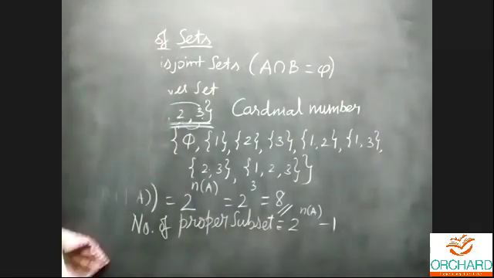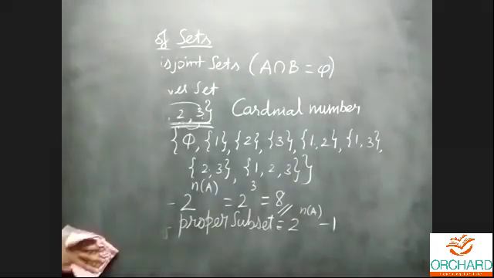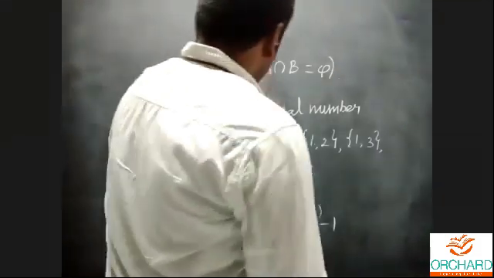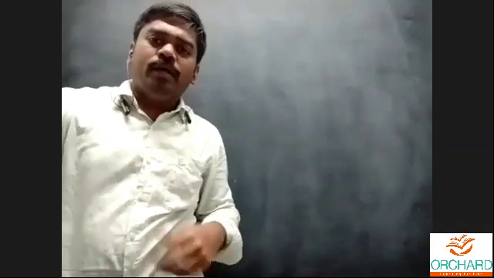The cardinal number of the set means how many elements are in set A. Here they denote the set as A, that's why we call it the set A. For any other set, you will use any other notation.